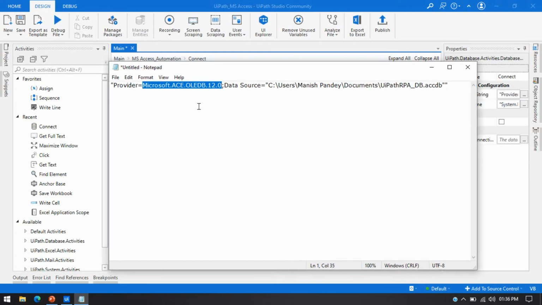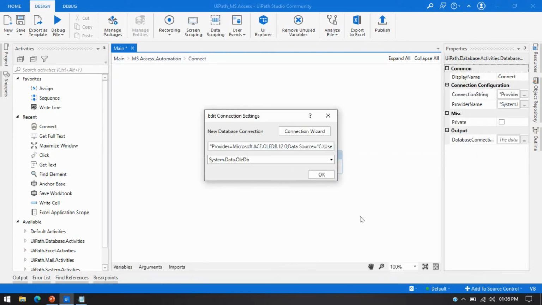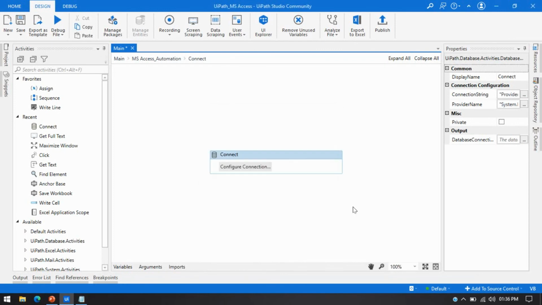So provider equal to this one, and then data source equal to your database file. That's it. Only these two pieces of information are available in the connection string for MS Access, right? So we have successfully established a connection between UiPath and MS Access.